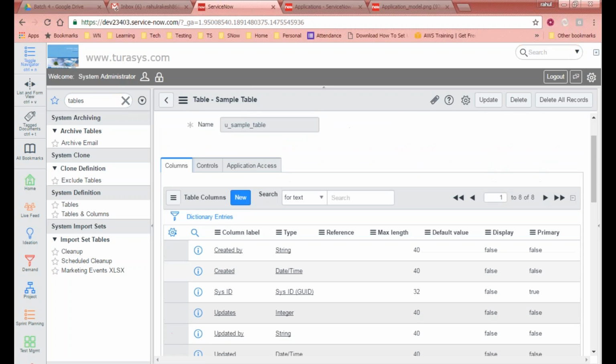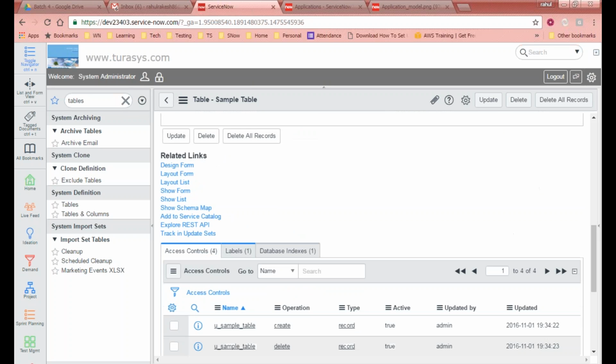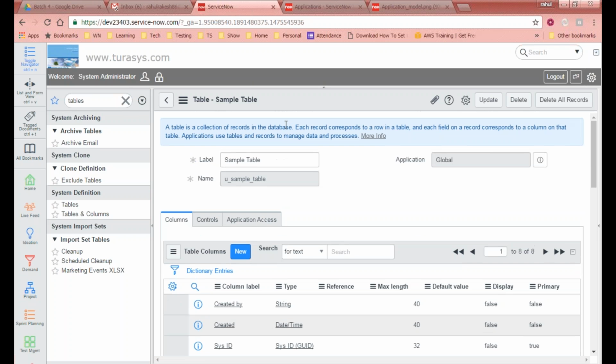Then we created columns and tables in ServiceNow, one table with an extended table, another table without extending any table. These are the things that we learned today. Tomorrow we'll be looking into all other attributes and UI actions that we have on this form. Okay? One more thing we can